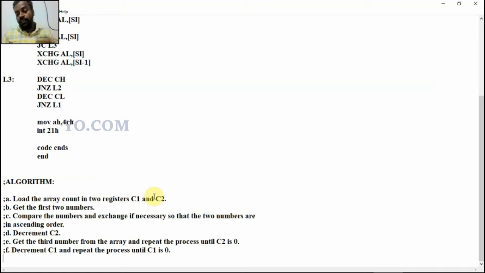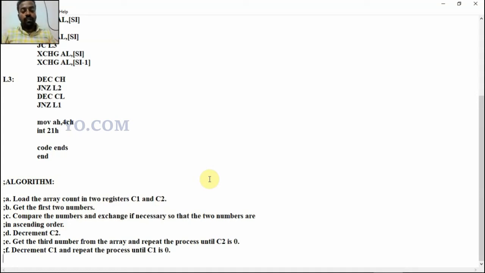In that we are loading the array count value. Get the first 2 numbers, compare the numbers and exchange if necessary, so that the 2 numbers are in ascending order. If you consider the 2 numbers A and B, if A is greater than B, then we just exchange: A is moved to B and B is moved to A. Then decrement the count.